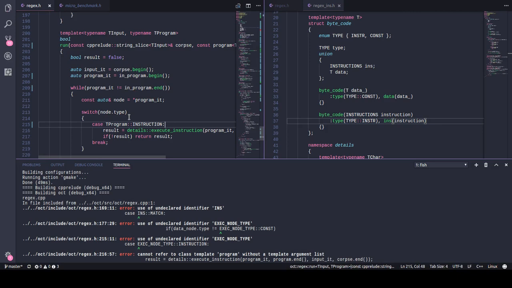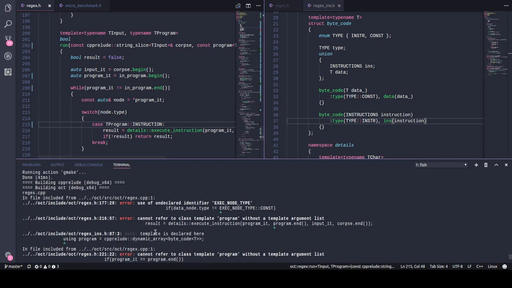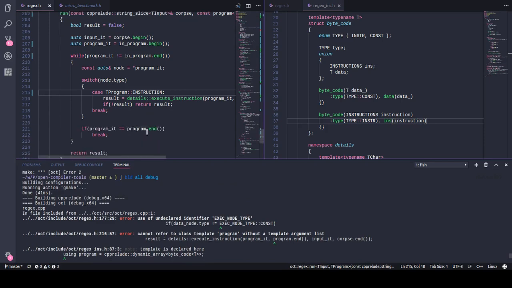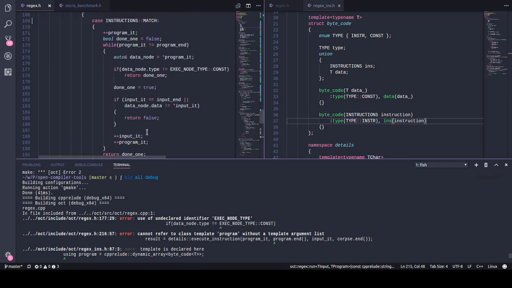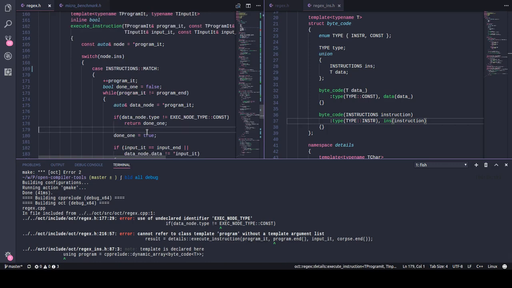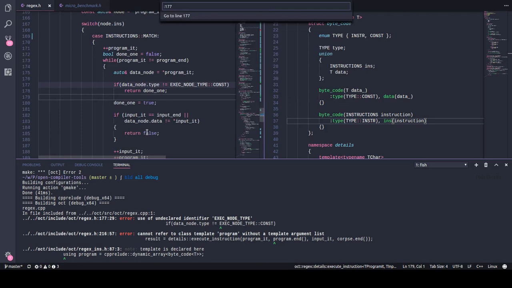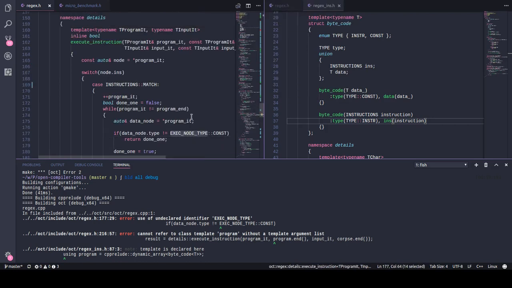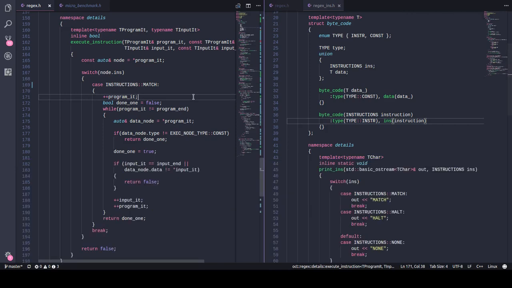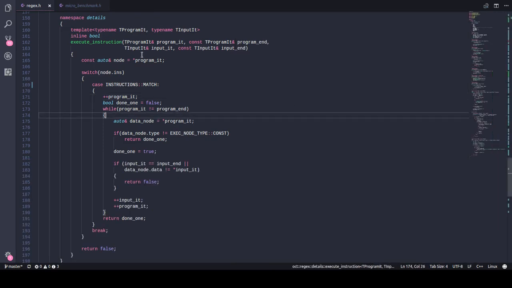I know we will replace this shortly, but we need it to compile to check our code. 177, this thing, I do not know what to do now. Okay, well, for now we shall remove this, and